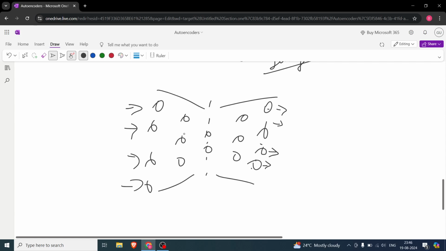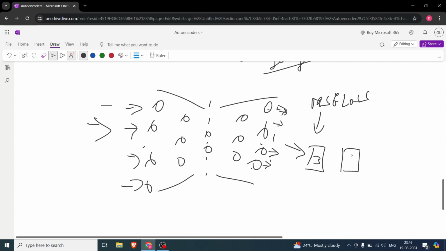So what you will do, you already have the input and you have the predicted output over here. So you would want to reduce the MSE loss. You gave pixel values over here, you got some values, and you want to reduce the difference in pixel values. Whatever image you gave here, the same image you want to be generated. And how far the image is, that distance is the MSE loss. I have covered this particular idea a couple of times on this channel, and that loss will be backpropagated. So this is a general overview.